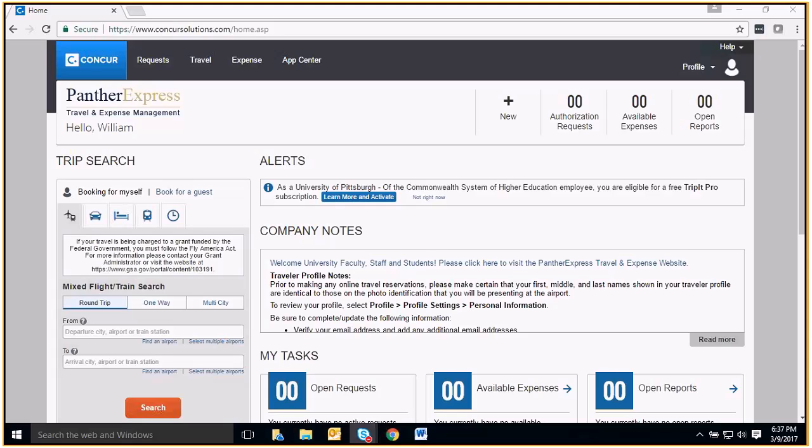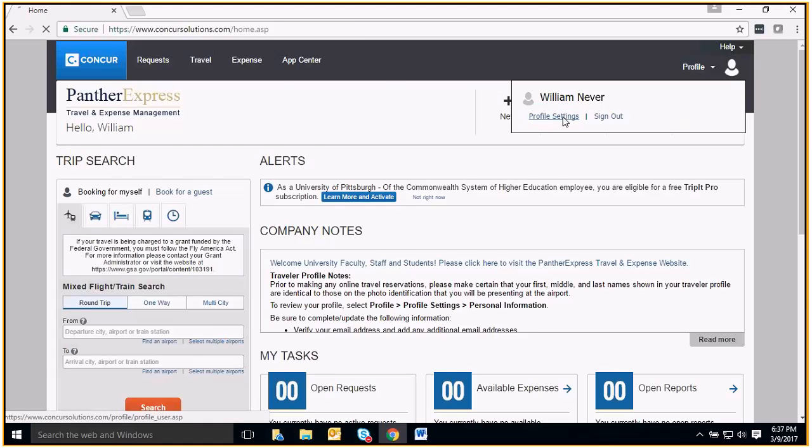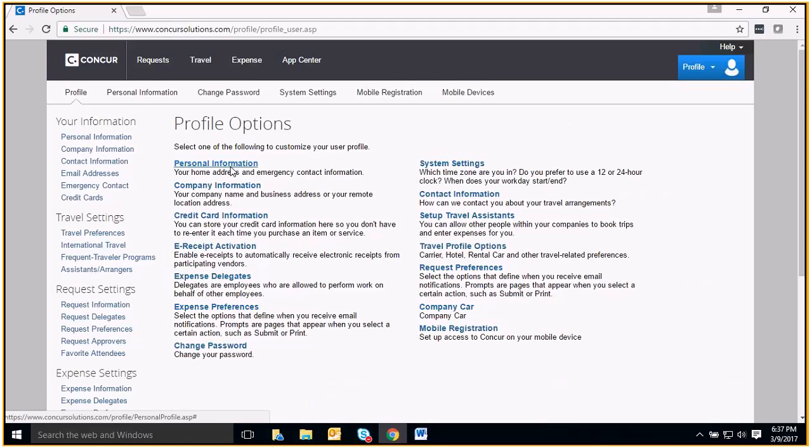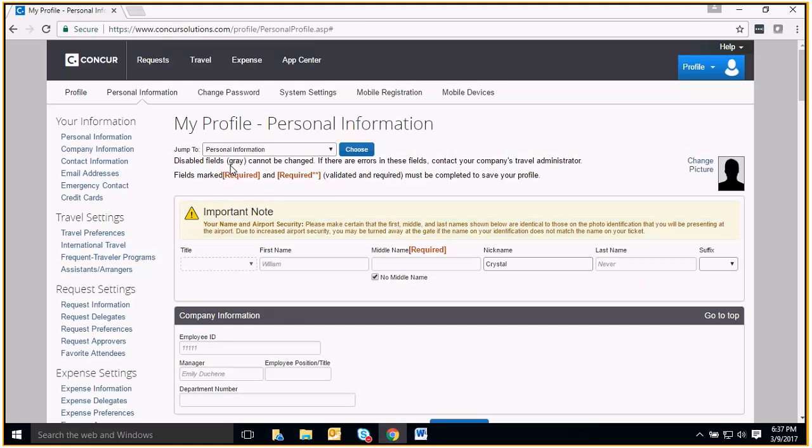So to get to your profile, you'll go to the far right corner, click on Profile, Profile Settings, and then Personal Information. Some of the information that we receive through the HR feed is going to be the name that the university has for the traveler, date of birth, and the gender. While we are confident we have the date of birth and gender correct, we want to ensure that the name that we have on file